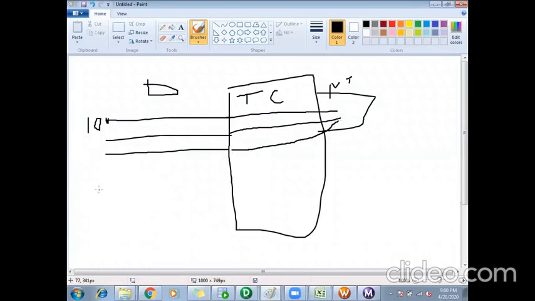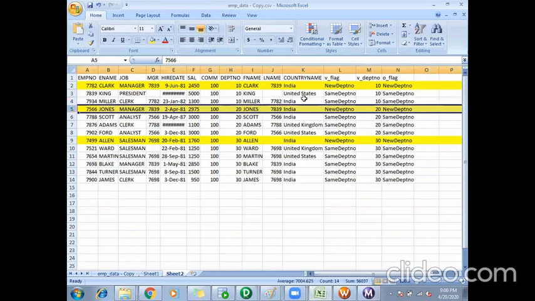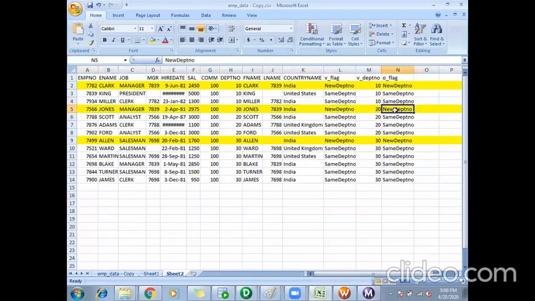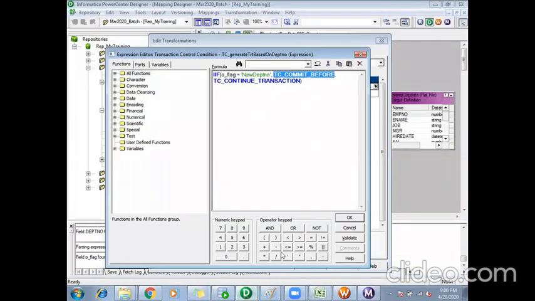Now the next record comes, which is of department 20, right? This fourth record has the O flag equal to new department number. When it is new department number, I'm saying TC commit before.